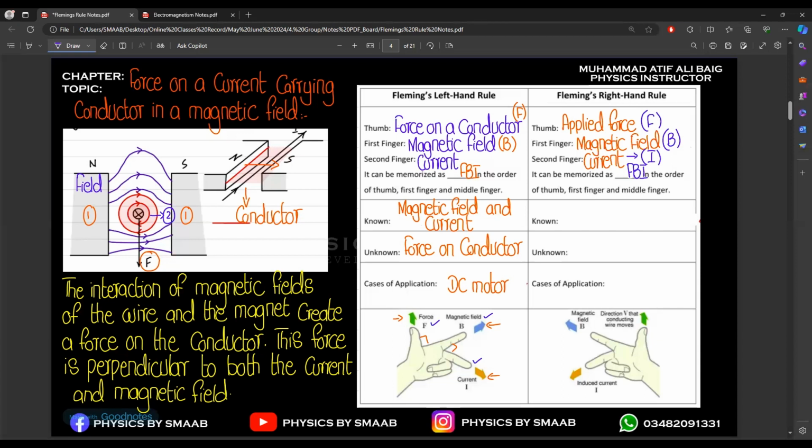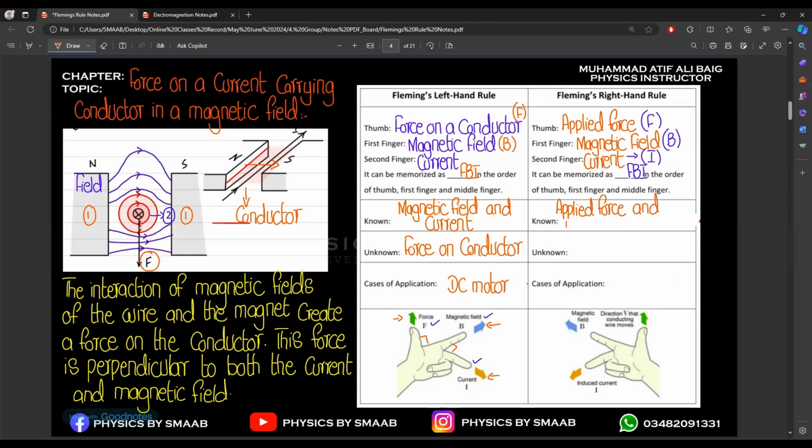So in this case, we use the right hand rule, and if the current is passing through the conductor and we have to identify the force, then we have to use the left hand rule. So now the known quantities in the right hand rule are the applied force. So applied force is the known quantity in the right hand rule, and